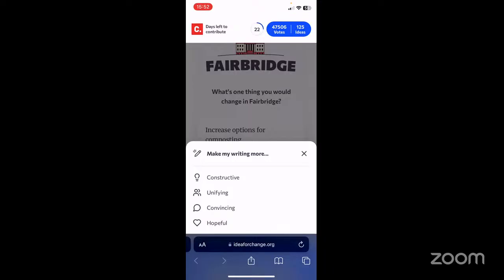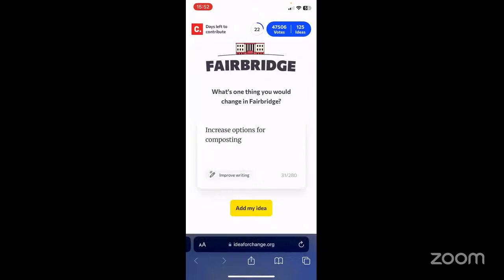Yeah, this is taking me a little bit of time to try to guess what it might mean. But constructive, I would guess is like framing it in a way, I think of constructive criticism. So maybe if your prompt was more like attacking or something like that, it rephrases it to be more constructive. Yeah. Okay, I will add my idea.